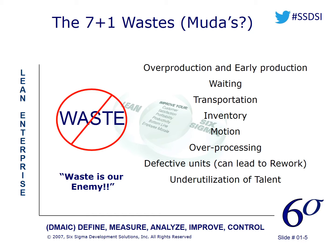Okay, so we have all this stuff we're using, and that stuff we call inventory. Inventory is basically something that we have that the customer has not ordered yet, or things that we have in place waiting for the customer to order. We're predicting a demand. So as far as raw material, let's say that